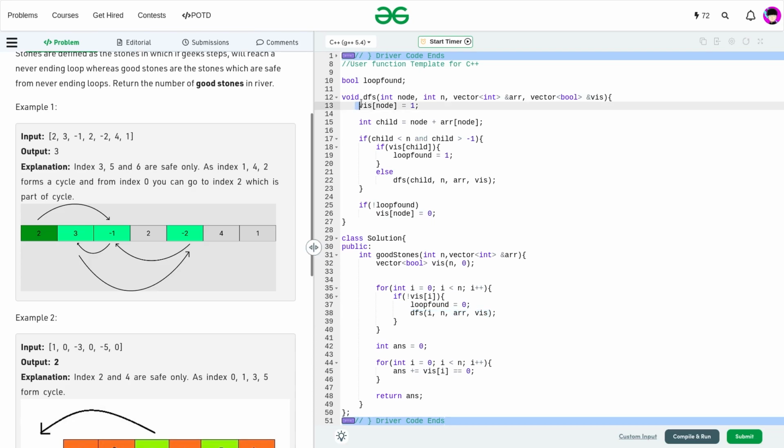In my DFS, I mark my current node as visited. Then I try to find the child. The child will be equal to the node plus the value in the array at the current node, or the current index. We just have to add both of them, and check that the child is not out of range. If it is out of range, then we have finished our DFS and we just need to trace back from here. So if the child exists within the index range and